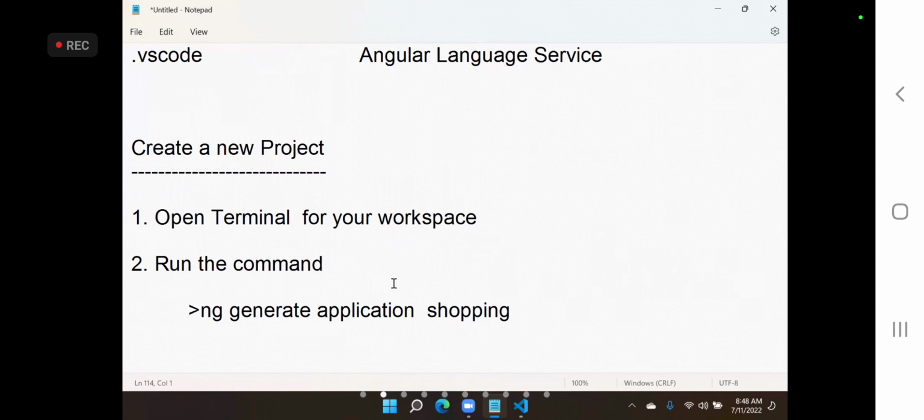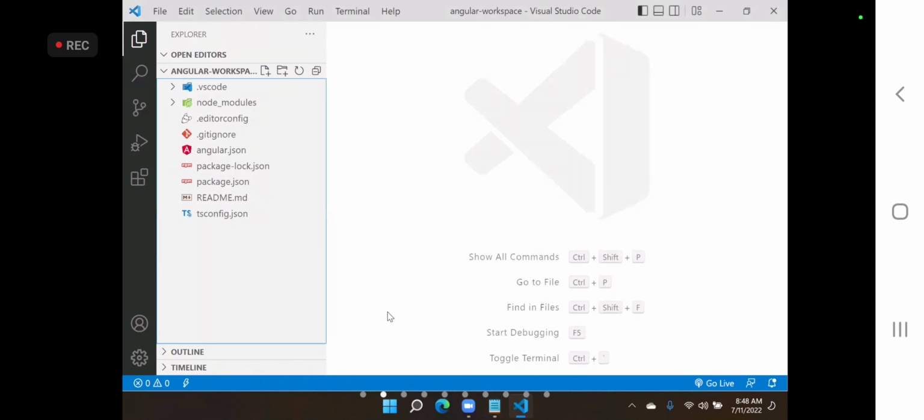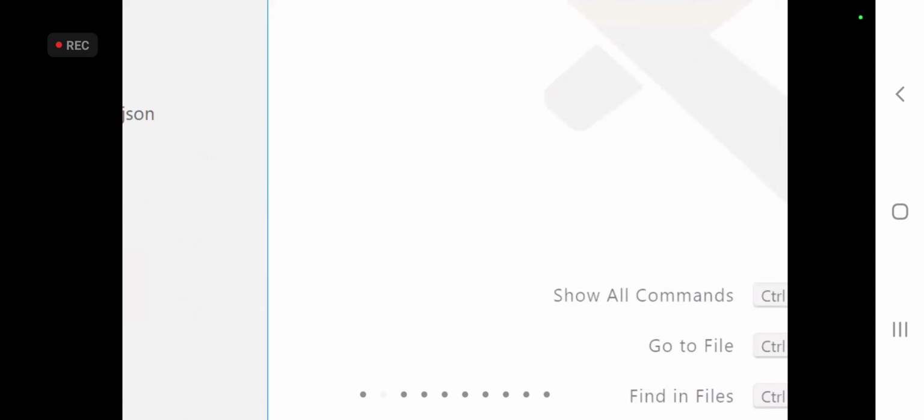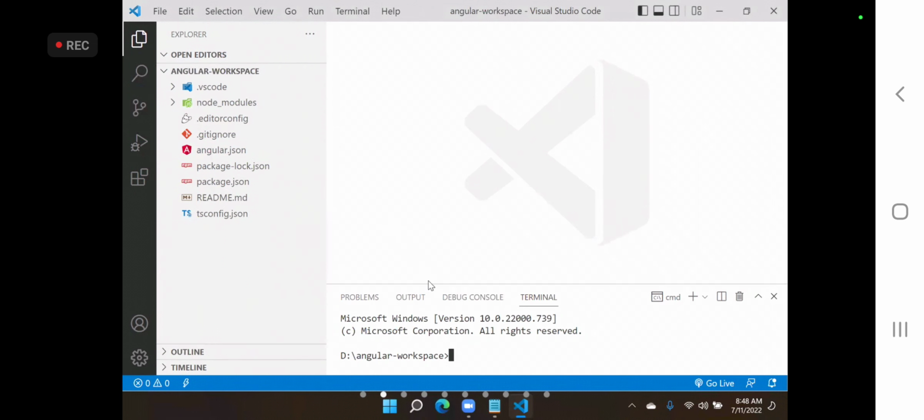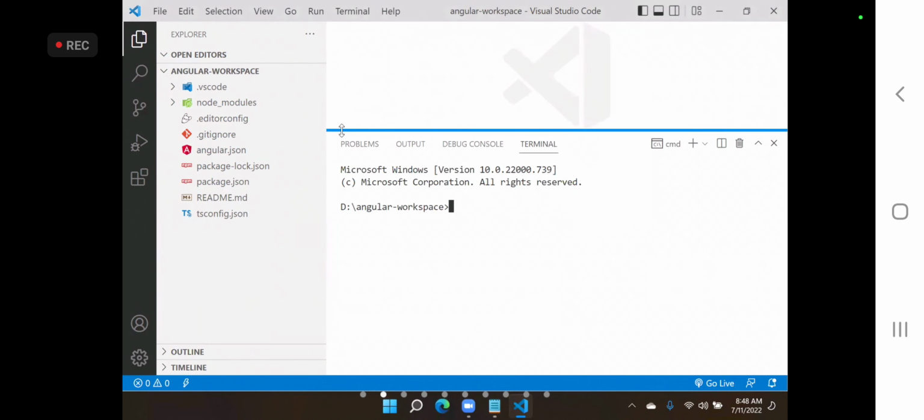So next step, open the terminal, and in the terminal you have to run the command. ng generate, the shortcut is g, you can simply write ng generate. I am writing generate application, and the application name is shopping.